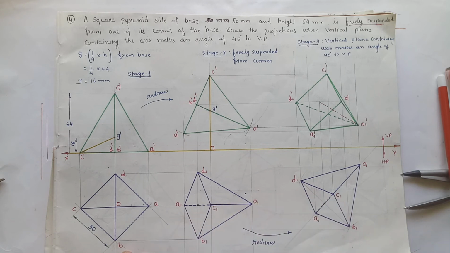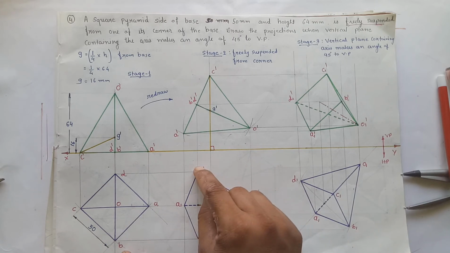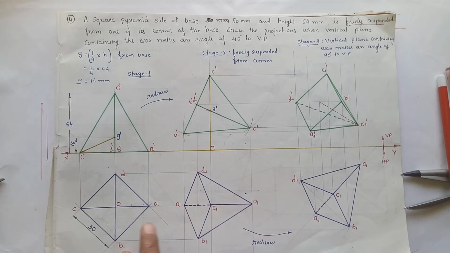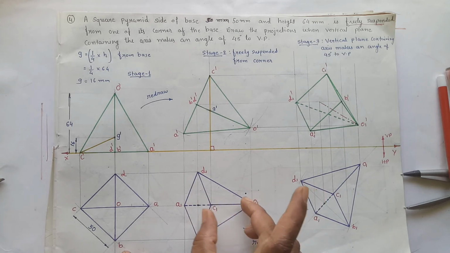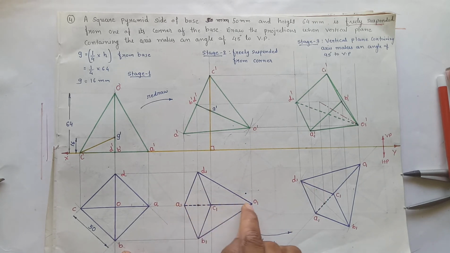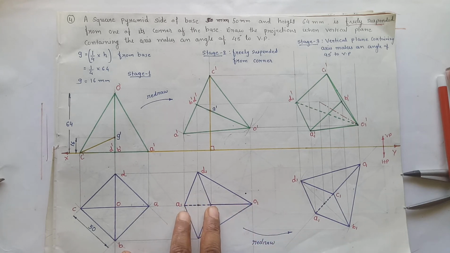Now join the slant edge by using the rule of intersection of the visible outlines and hidden outlines. And what is that rule? Two visible lines will never intersect, two hidden lines will never intersect. So O1B1 visible, O1C1 visible, O1D1 visible, O1A1 hidden. But here we have shown the edge AC, so if you want to show the hidden outline of O1A1, you have to show it in between these 2 points only, because here it is going to be hidden by O1C1.